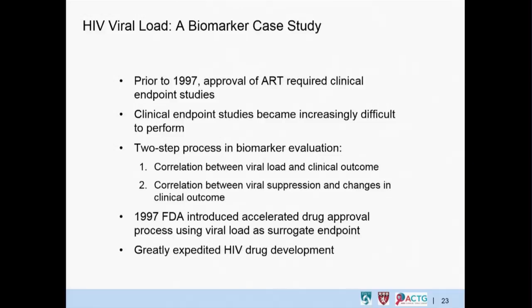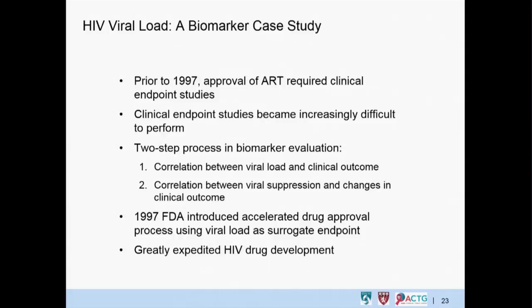And that really greatly expedited our ability to test new HIV medications and really ushered in a decade, I would say, of unprecedented expansion in the availability of HIV drugs. And now that we're turning our efforts to HIV cure, we need a similar biomarker, an HIV viral load for